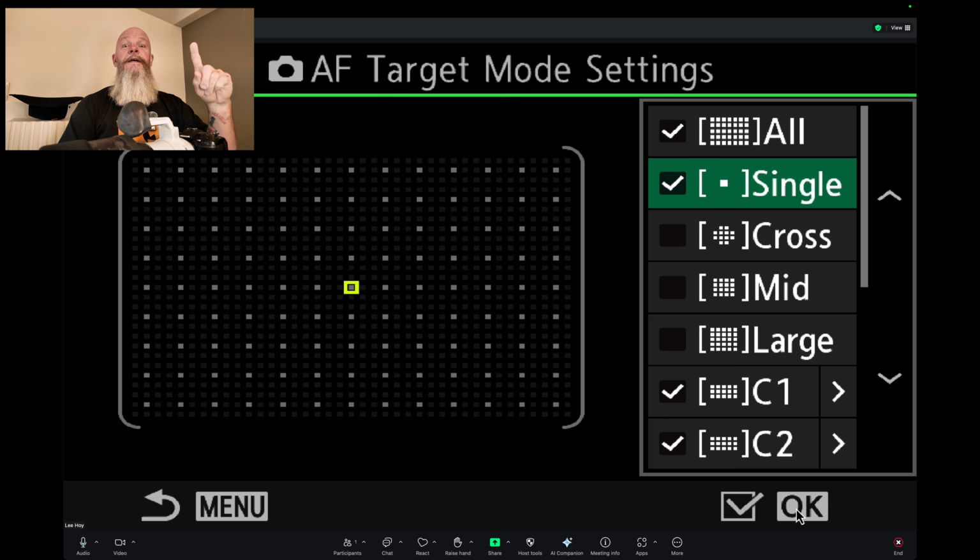So single is smaller than small. And small is what I use second most for wildlife photography. The reason being, and the instances in which I use it, are a subject that's in grass or maybe a bird in branches, where I'm going to then move, using the joystick, that small box